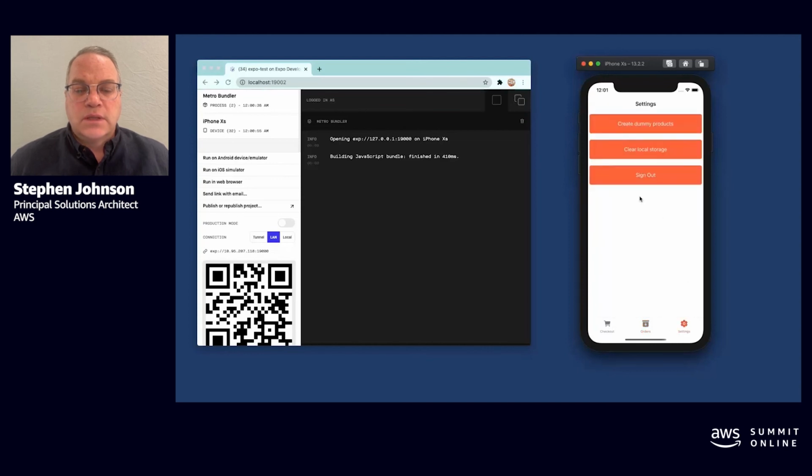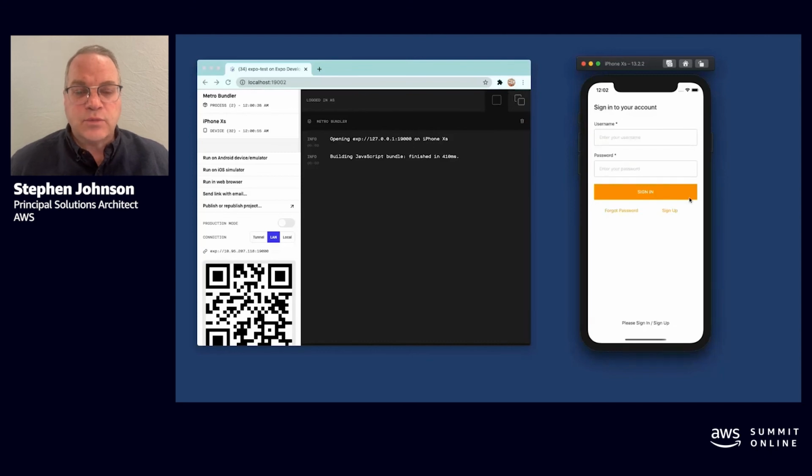Okay. So one last thing, we could clear the local data if we wanted to start again. That's a handy thing to have, and it's also good to do automatically when you log out of an application to make sure DataStore doesn't have anything from a previous owner. Once we log out, we're sent right back to the login page.